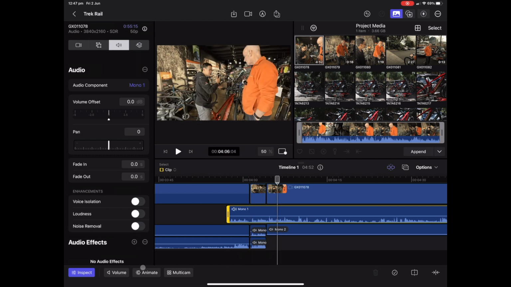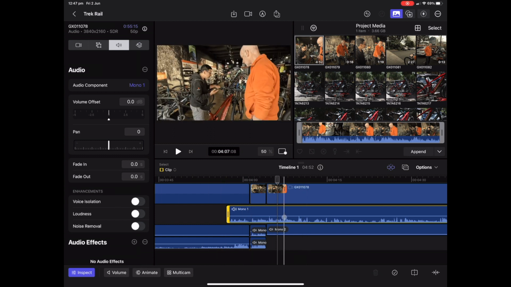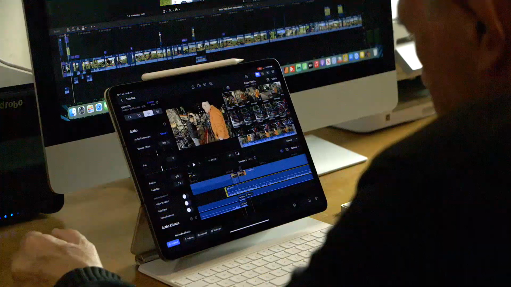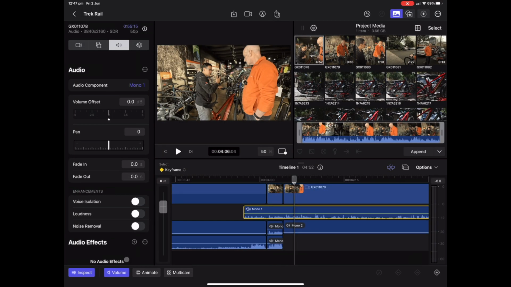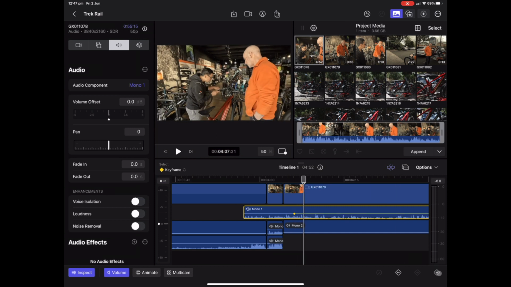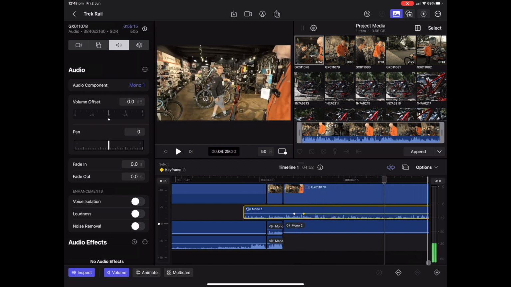Oh, now that reminds me, I want to show you something else to do with audio, which is very important as far as I'm concerned. That's keyframing. I like the control of keyframing, and in this you can do it easily. Watch. So you're on the track, you go to volume, and you can put a keyframe, just like on the top there, and put another keyframe. And let's say, for instance, we want to hollow out that section there. Put another keyframe,